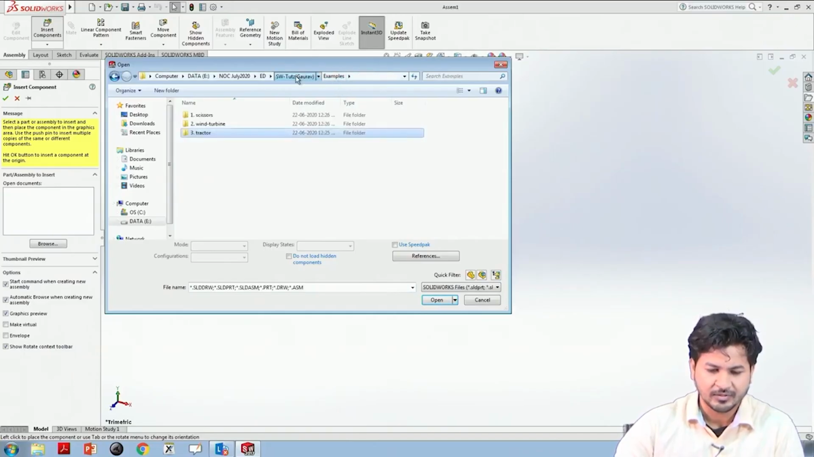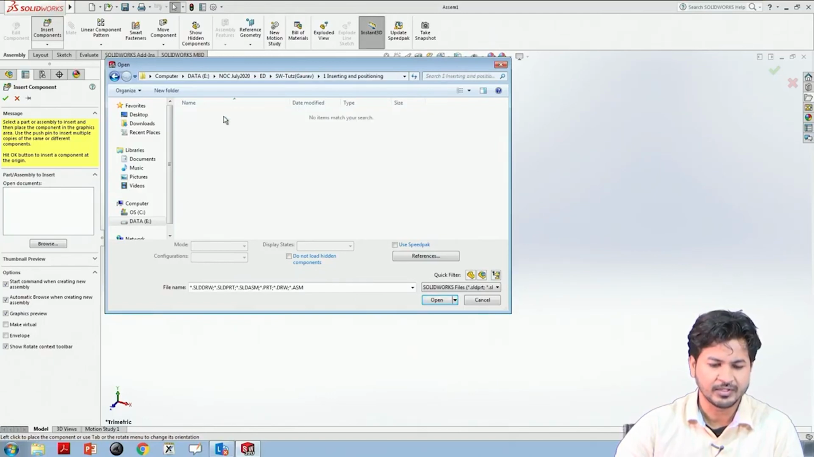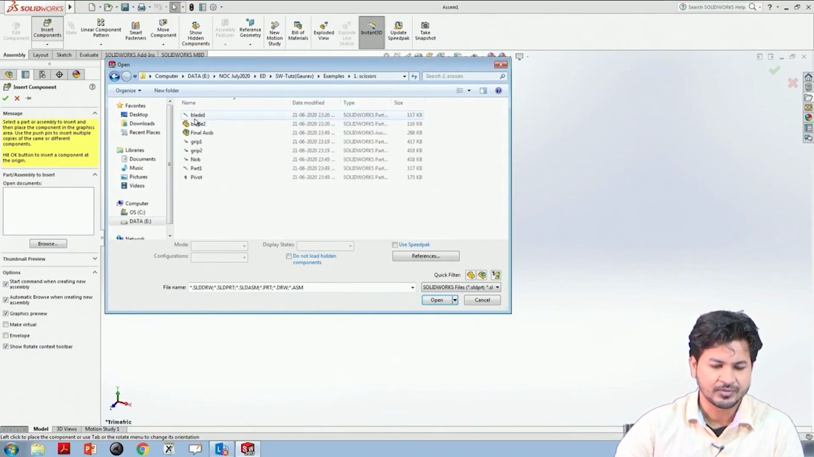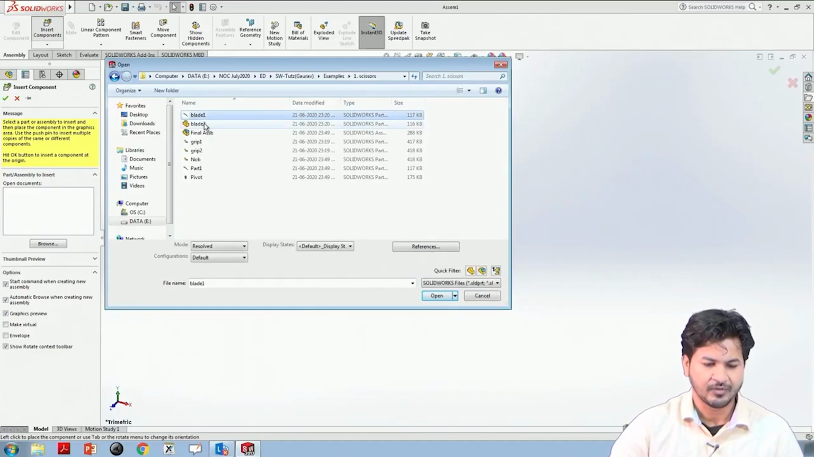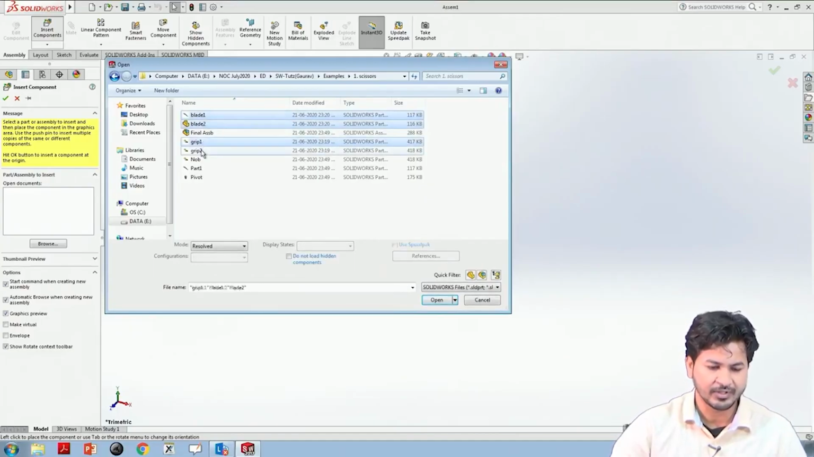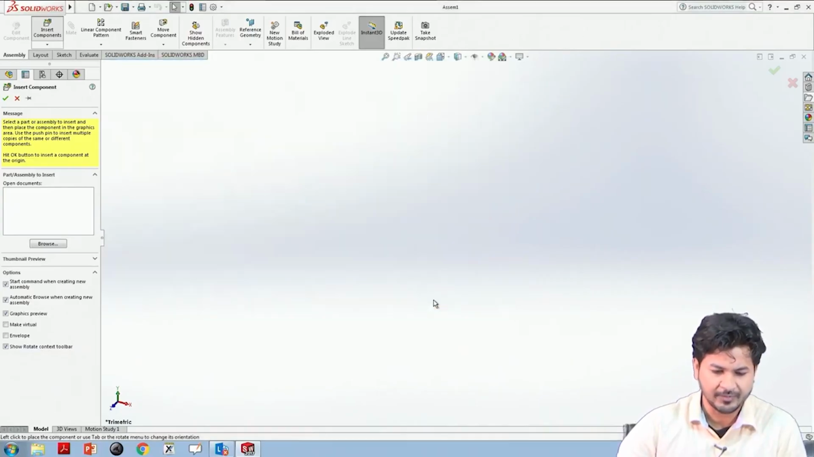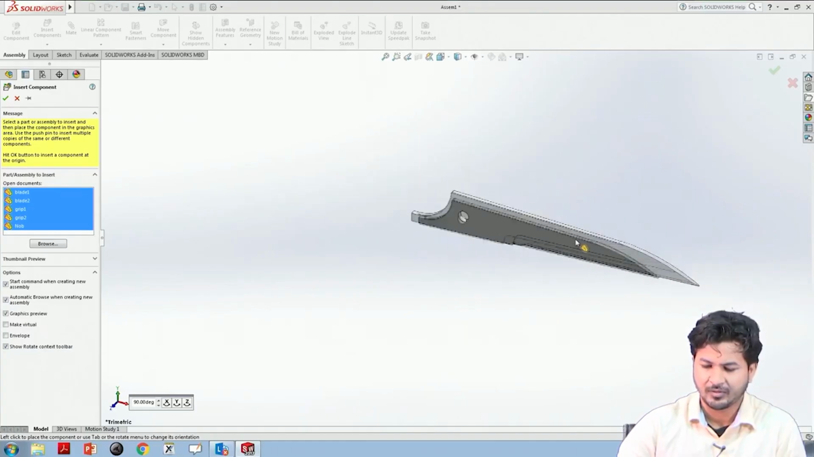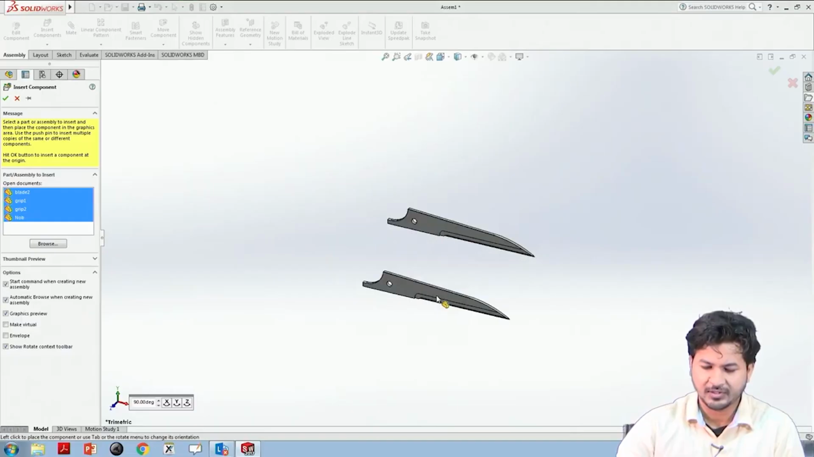So, let us see a little how to insert things, we will check some examples. So, say this scissor, we will control select multiple things and click on open. In SolidWorks, the first part we can see